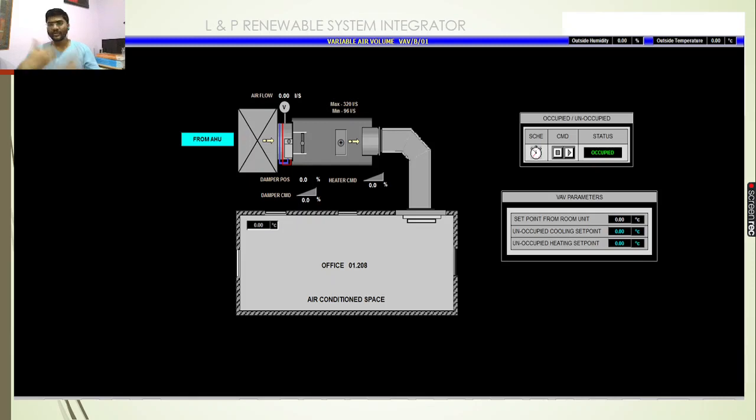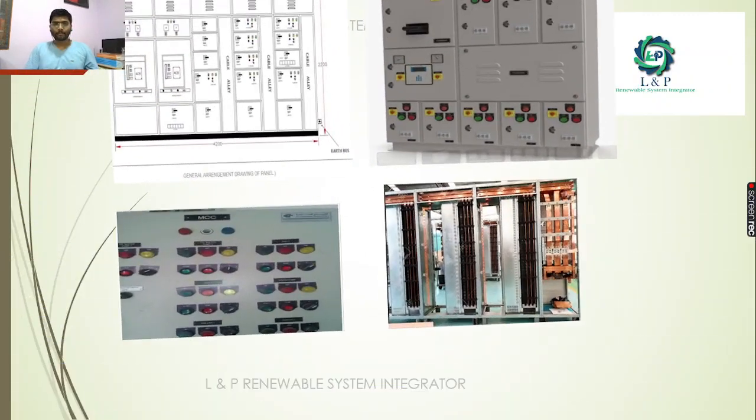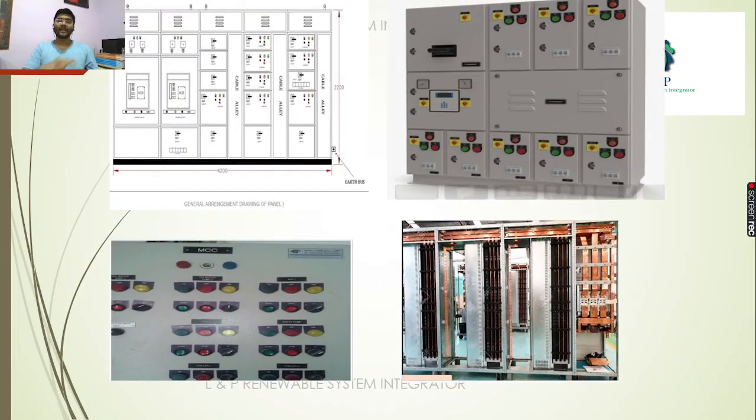Here so many features we can add. We can provide the schedule. Through the PIR sensors we can provide occupancy and unoccupancy status also. And we can keep two different set points: at occupancy, when someone is there, what should be the temperature, and when nobody is there inside the room, what should be the temperature. When someone is there, it is occupied; when nobody is there, it is unoccupied. Some of the electrical parameters of these VAVs are connected through electrical wiring to the MCCs. From the MCCs also we can see.